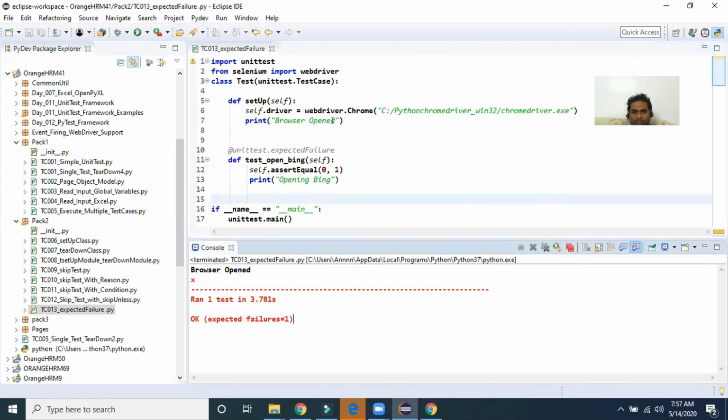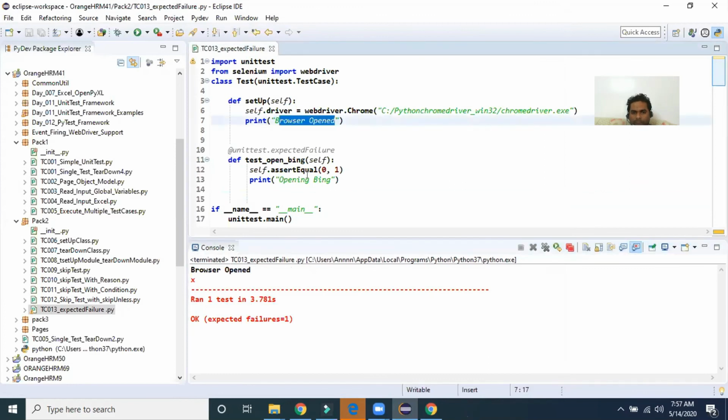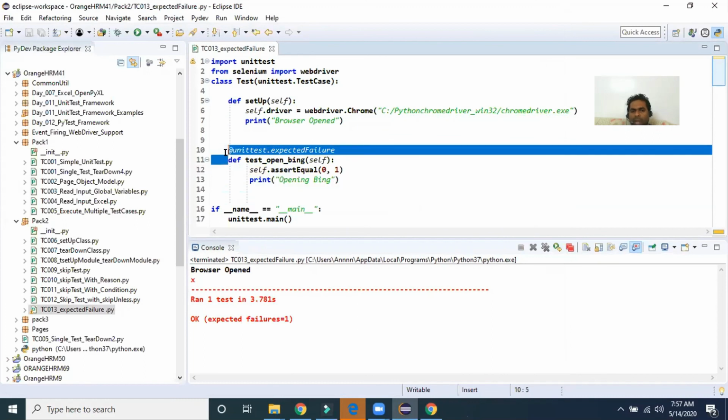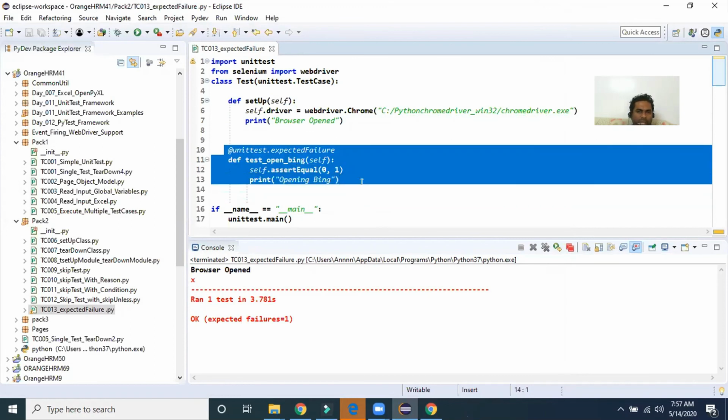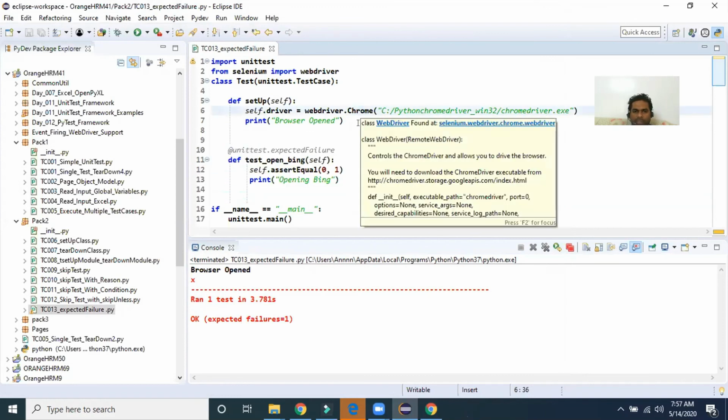See, only the browser opened, but this part was not executed because the assert value failed. When this failed with expected failure, I don't want to execute this part at all. Like that it is executed, only the setup method was executed.